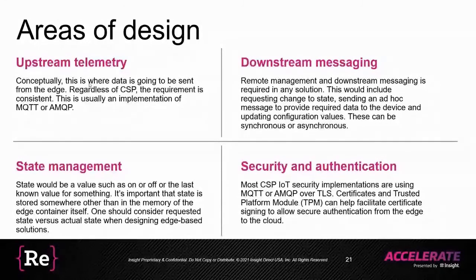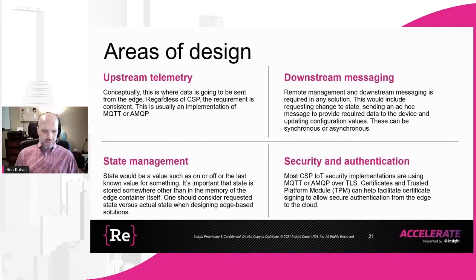In some cases, downstream messaging, really what that is from the cloud or from your on-premise solution, you're basically sending something to the device so that it can react immediately and take some action. And so those can be synchronous or asynchronous. And when I say synchronous, that means I need a response right now to know whether that was successful or not. Asynchronous means I'm just going to confirm to you that I received your request, and it will be processed